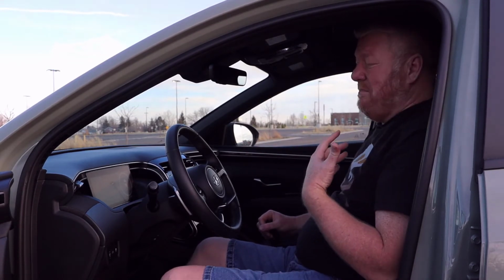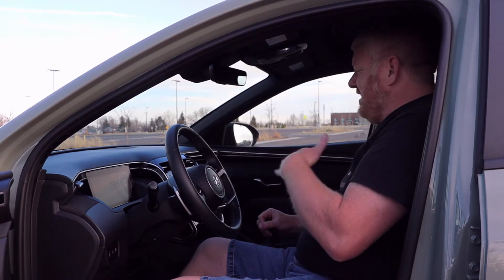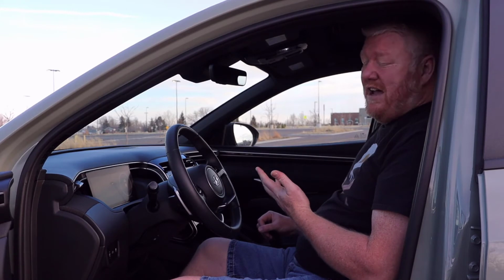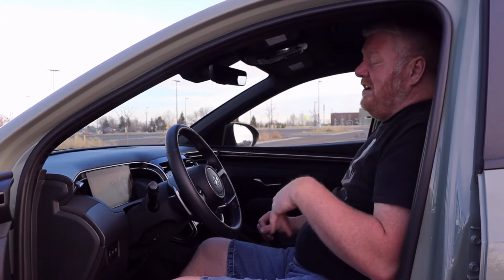That's a lot of headroom for me at my size, 6'3". And then the interior is just nicely done. It's very similar to the Santa Fe. So you see a lot of similarity in terms of the design and the layout, and a lot of the